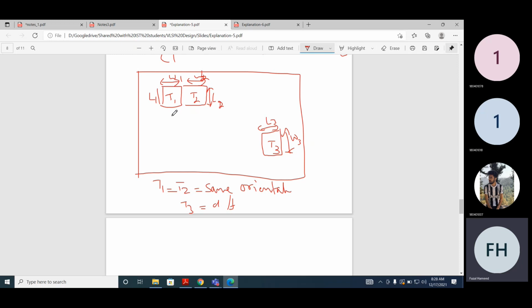We assume that the W by L ratio, the widths, and the lengths are all the same. So should all of these transistors behave the same or differently?